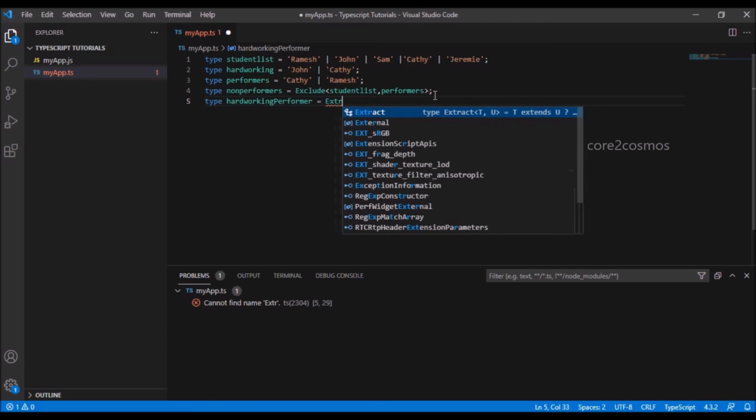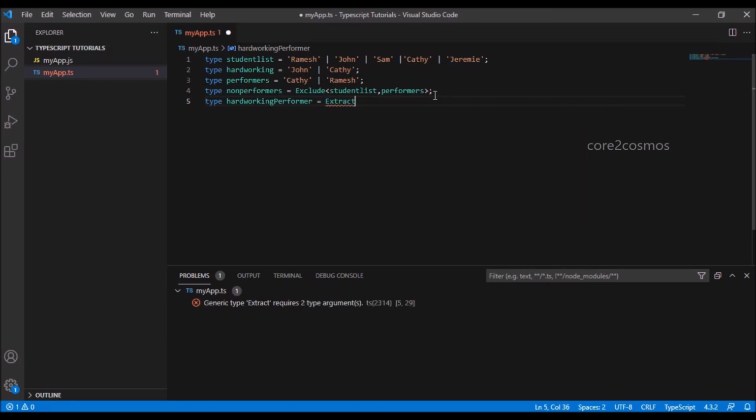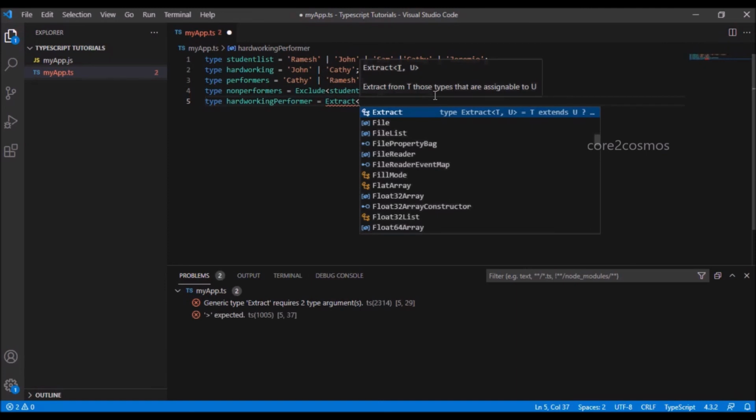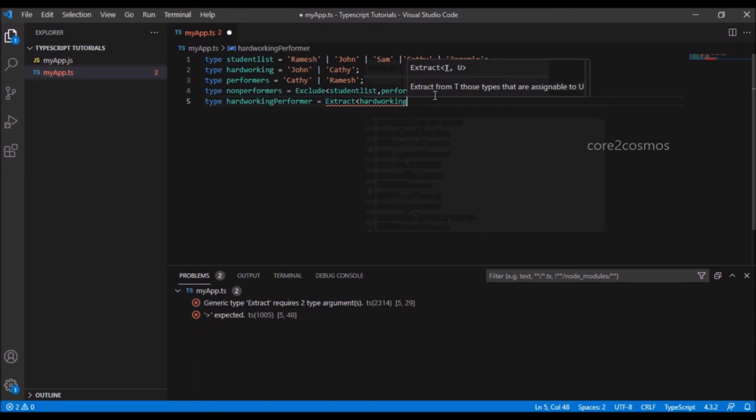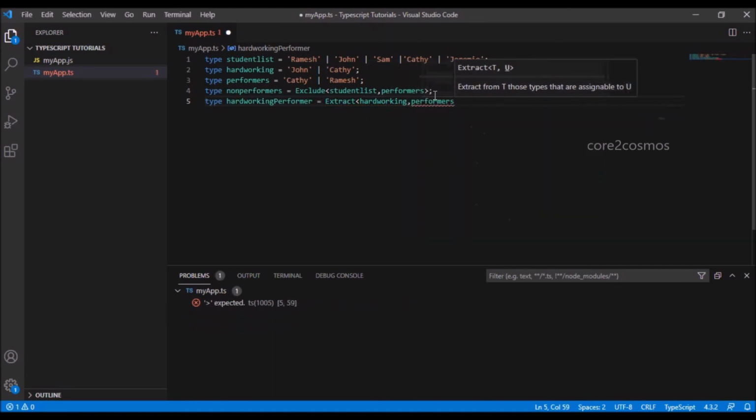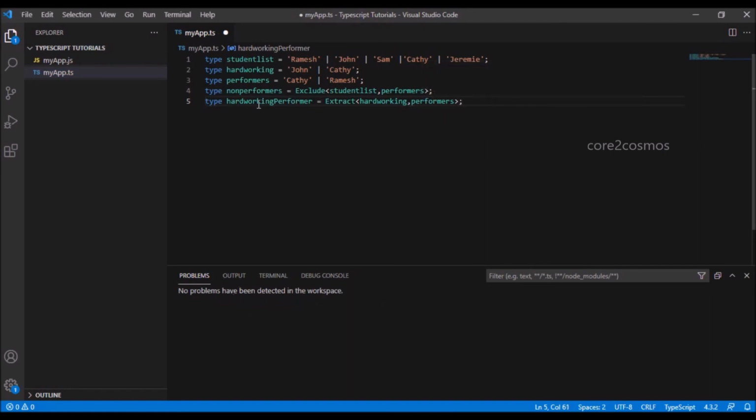I use the extract utility function of TypeScript and say extract hardworking students from performing students. So obviously I will have Kathy, who is hardworking and a performer.